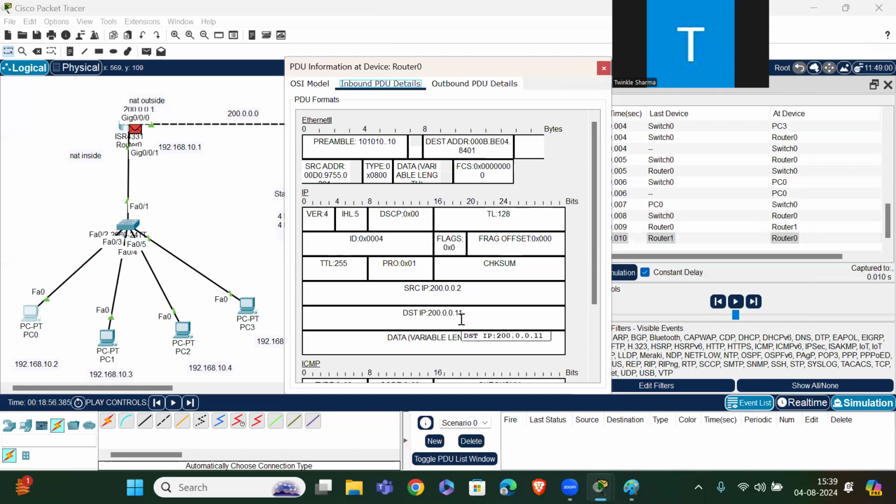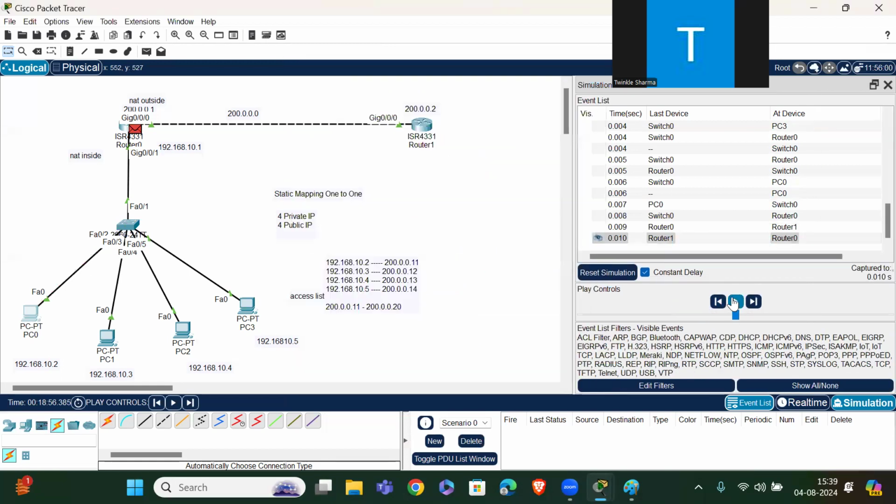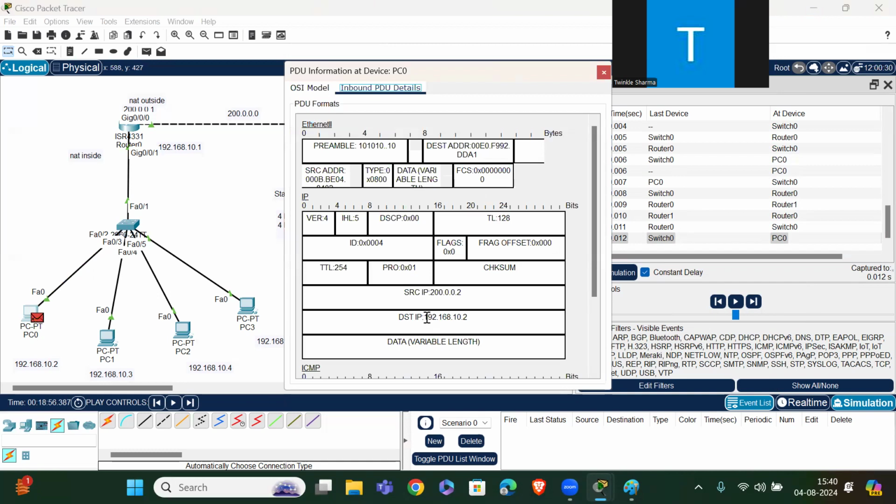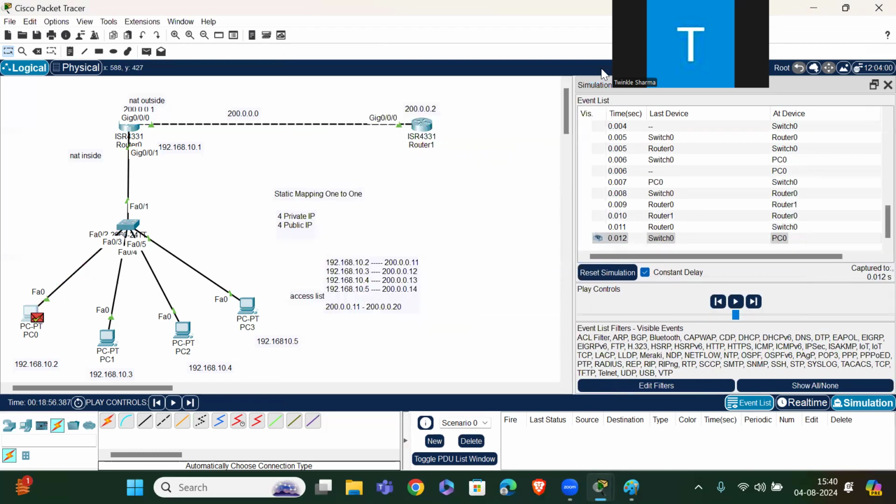Now the source is 200.0.0.2, that is the source, and this is the destination. Okay. So the destination is 192.168.10.2. Let me send. Okay, it is accepted. And here, let me check the IP address. Destination is 192.168.10.2 and source is this. The public IP is converted to private, dynamically also.